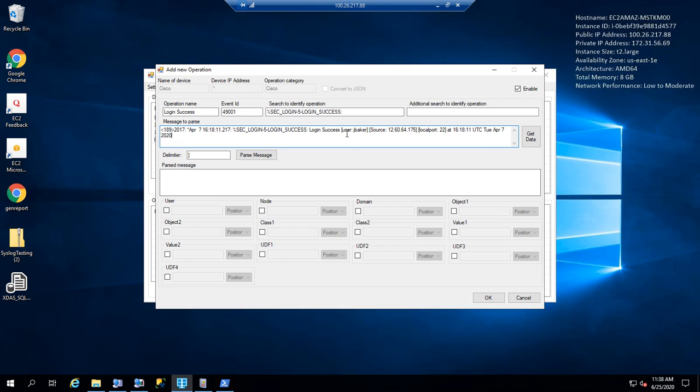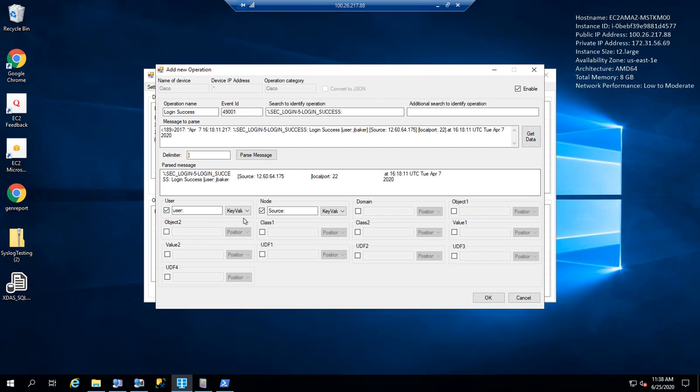Instead, however, if we use key-value-based parsing, we have our user and our source separated already. And when we use key-value-based parsing, we're going to enter this string before with the colon. So user and source. Keep in mind that these are case sensitive, and make sure to change your drop-down menus to key value. The reason we have this closed bracket as our delimiter is because this tells Syslog Server where